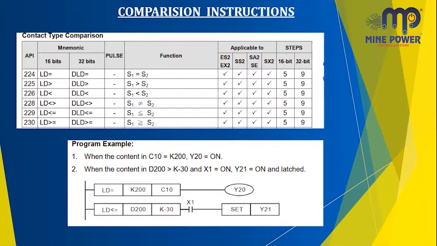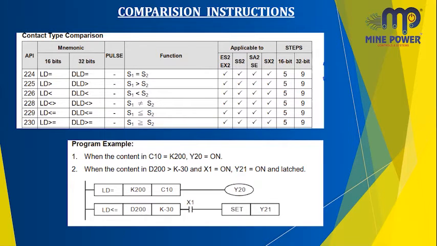Then you see here we show LD lesser than or equal, D200, K minus 30. This is the set value we have given. When the D register value is minus 30 or lesser, only then does the output go to Y21.